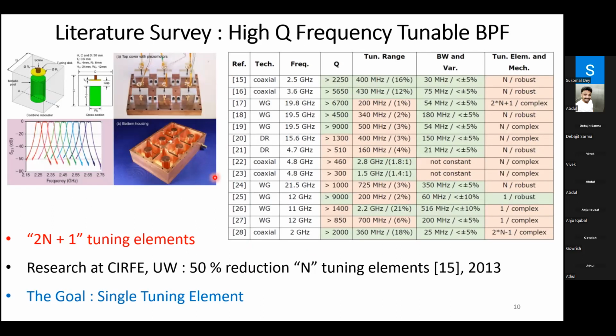So we made quite an exhaustive literature survey, and we found out that none of the available open literature or the products available in the market were meeting the desired specifications, as you can see in this table. Then some of you may think, what is the big deal in this? For example, if you introduce a tuning element to each of the resonators and the interresonator couplings, then you can actually transform any bandpass filter into a tunable bandpass filter, right?